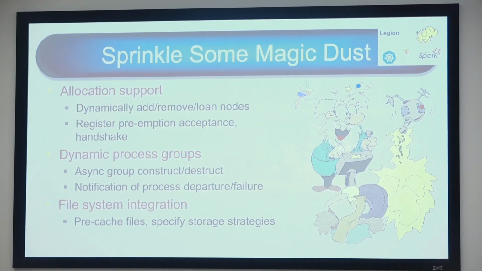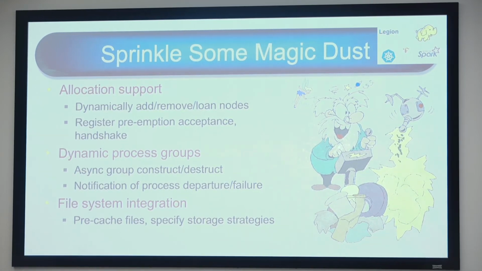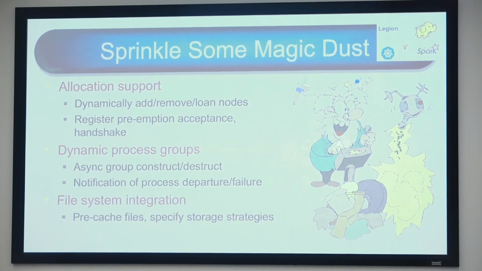We added APIs that allow you to request changes in the allocation. At the request of the cloud guys, you can even do things like loan nodes back. So you can say, hey, look, resource manager, I give you back these 10 nodes because I'm not going to use them, but I have a right to preempt them back at a later time. And so some of the cloud guys are playing with that.